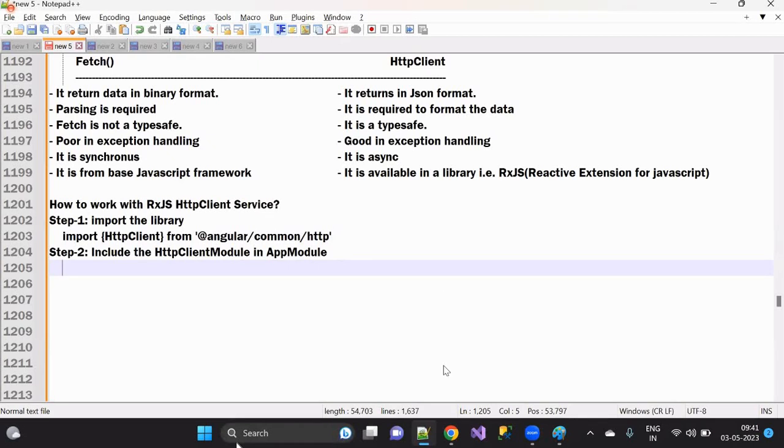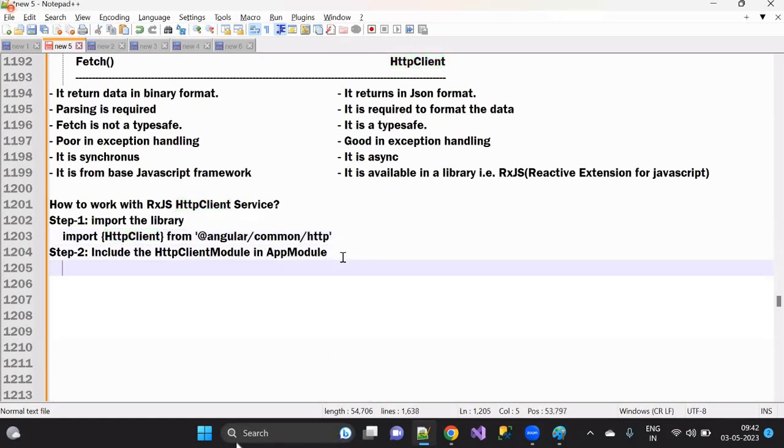Because if you remember, I used ngModel, right? Whenever you are using ngModel, I included the forms module. Did you remember? In the same way, whenever you are using HTTP client, we must include the HTTP client